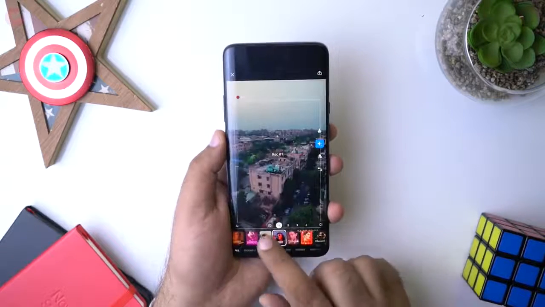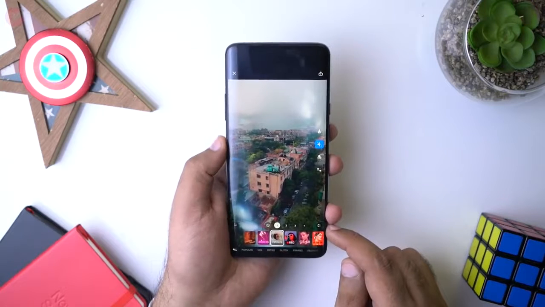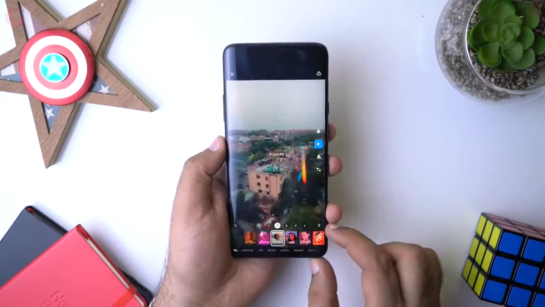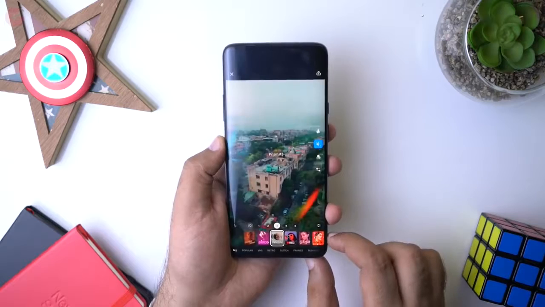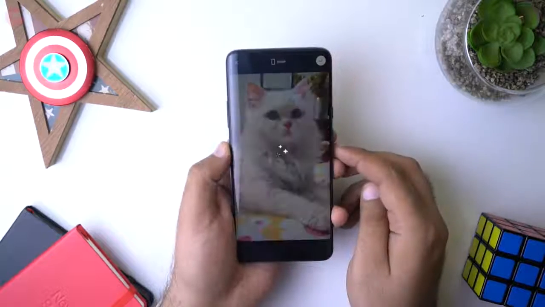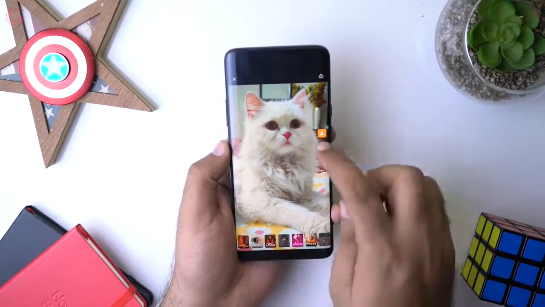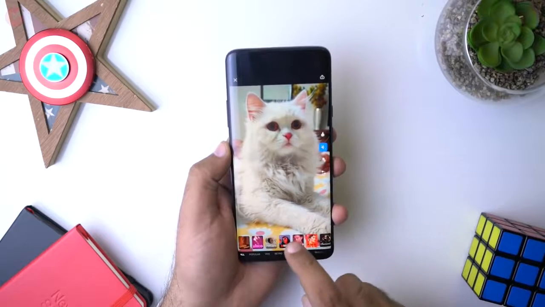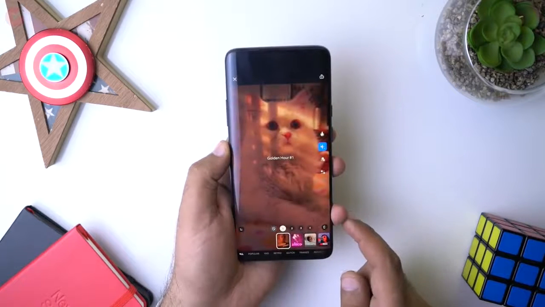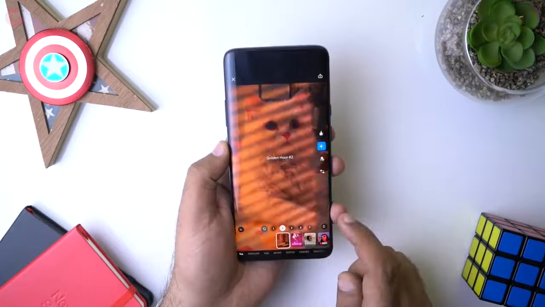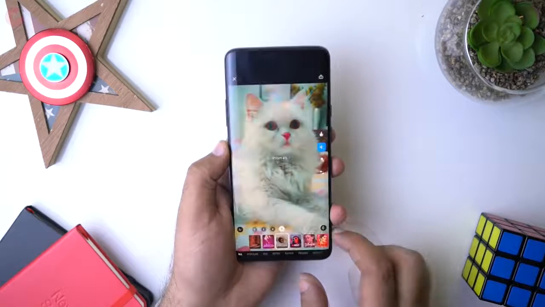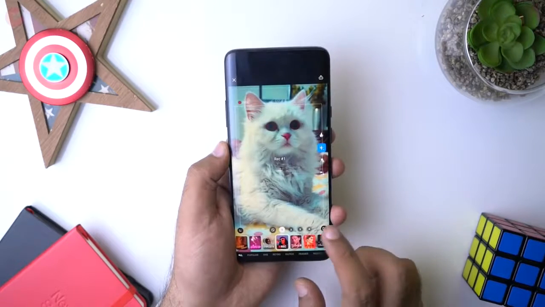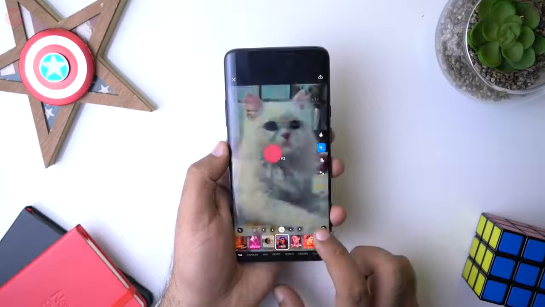Each filter has further options which you can see by swiping left or right on the screen. I really like some of the filters available in the app and I have used a few of them in my stories for Instagram and Snapchat. The best part is that there is no watermark on the final image which you have saved for sharing. Overall, if you're looking for cool filters and effects for your stories, then definitely check out Prequel.